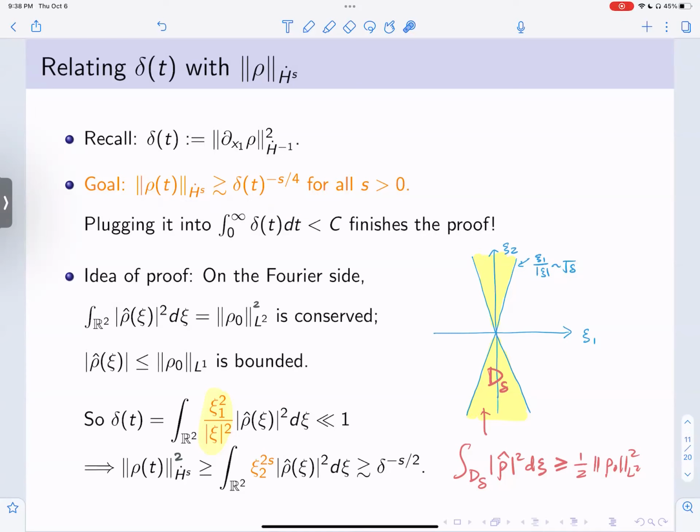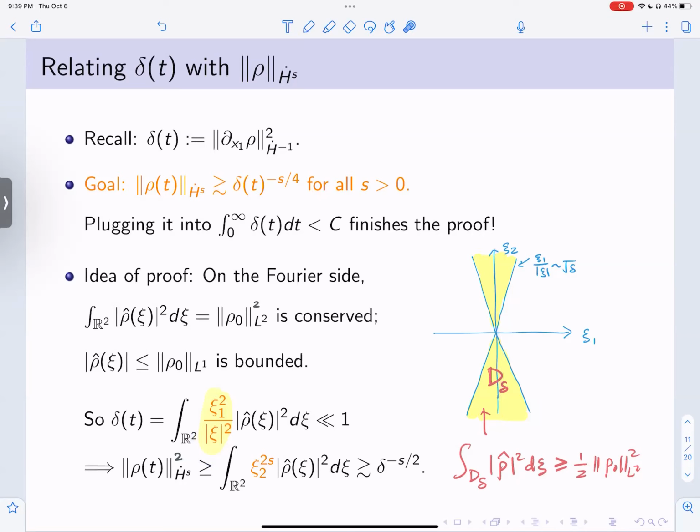Well, this is because on the Fourier side, the L2 norm is preserved, and the L infinity norm of rho hat is bounded. So it means that if this quantity delta, which has this weight here, becomes tiny, then the only possibility is that there is a significant amount of rho hat that is concentrated in the place where this weight is tiny. Okay, so weight being tiny means that, because this weight disappears along the C2 axis,